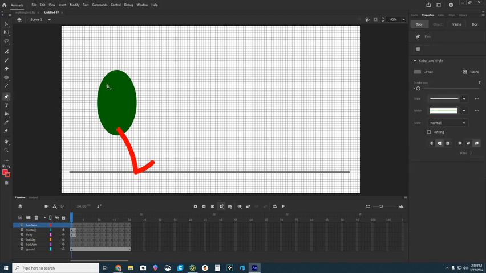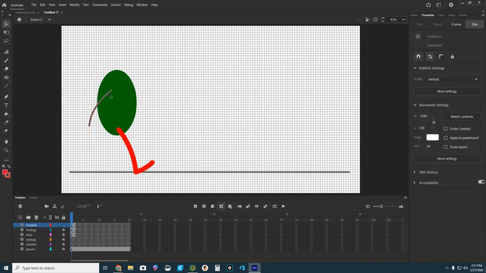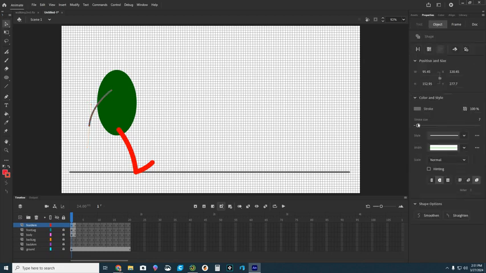and I am going to click about where the shoulder would be, and I'm going to draw a line right about down to hip level. I'm going to click and I'm going to drag, and again I'm just going to maybe give it a little more natural bend, and I'm going to let go. I'm going to grab my pointer, I'm going to click and select it, and then I'm going to adjust its